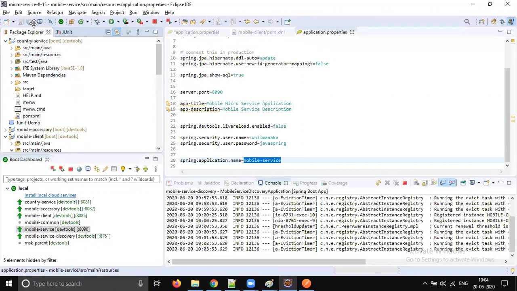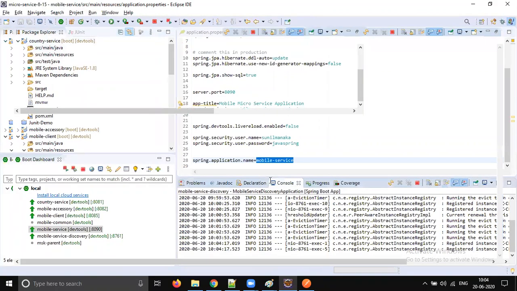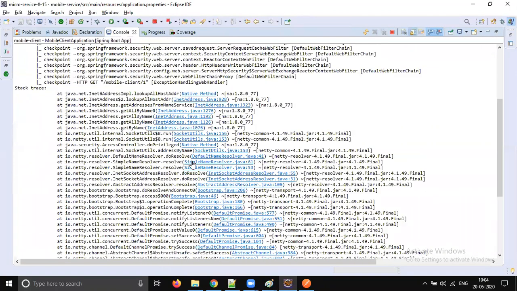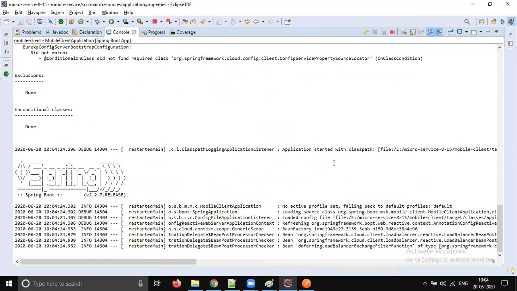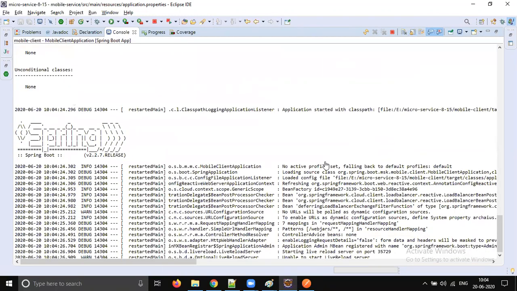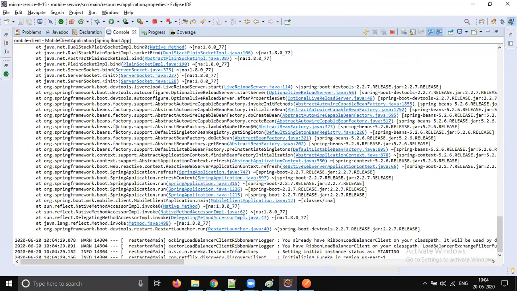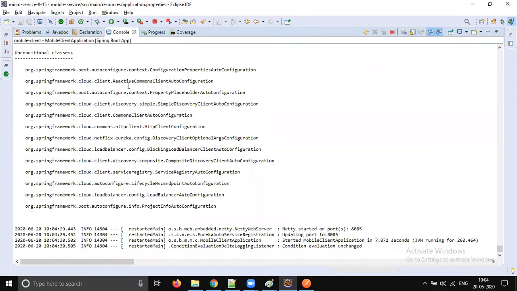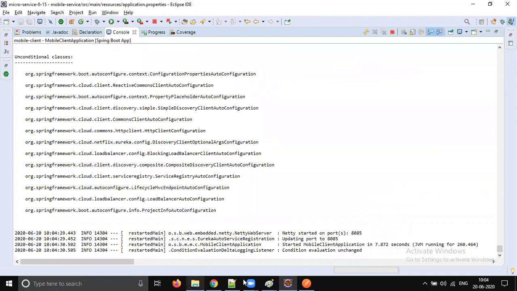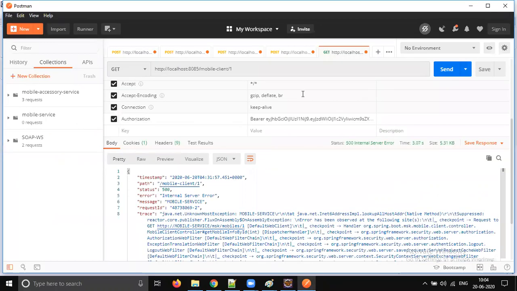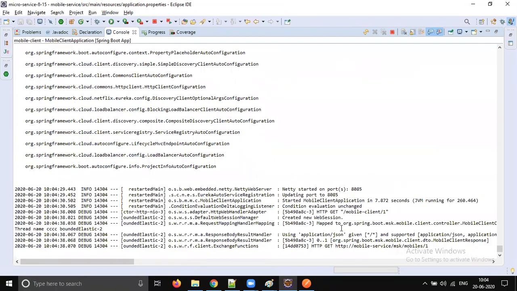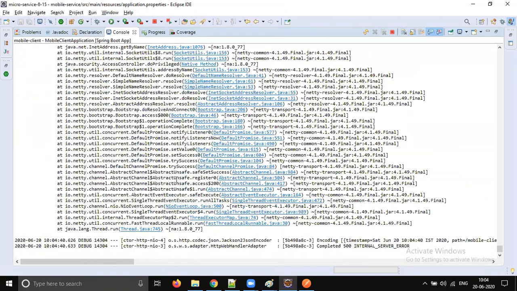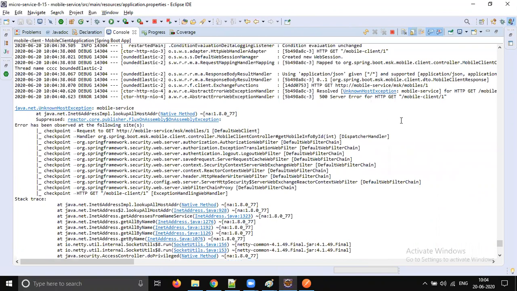Okay, let's try with one. If one is working, then all the remaining things should work. We modified the client, so let's wait for a moment to get the server up. Let's send one more time. Unknown host.